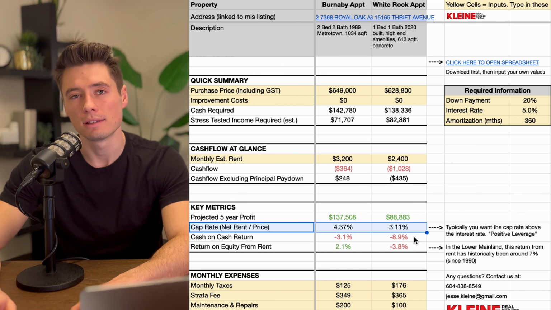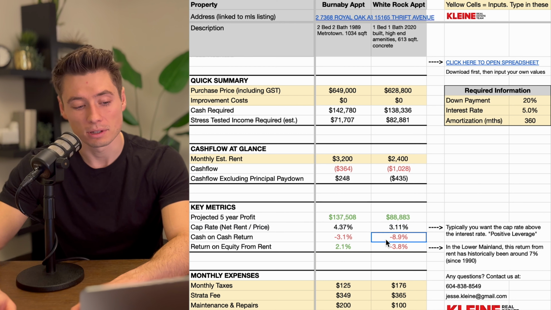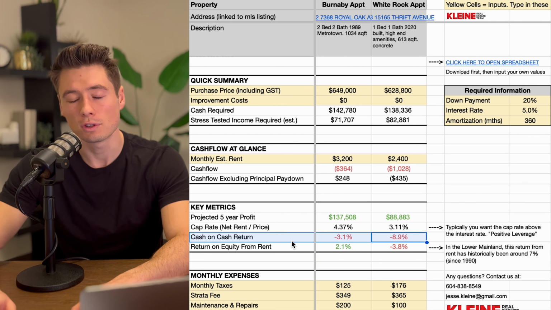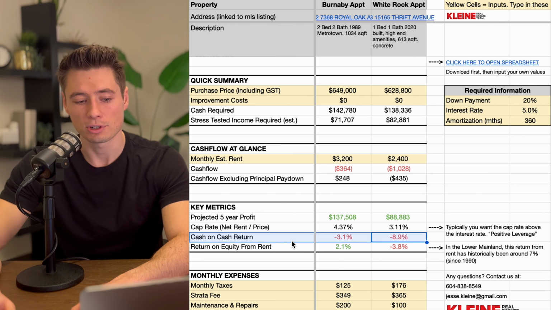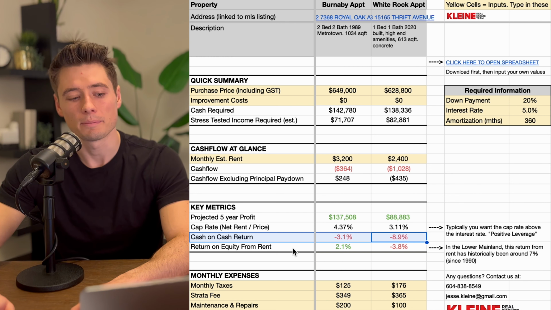Of course, almost everybody uses debt to purchase real estate, so that's not actually how much cash flow you get. That number is your cash on cash return. If you used 100% cash to purchase the property, no debt, your cap rate and your cash on cash return would be the same. They'd both be 4.37%. But because we have to pay principal and interest payments each month,